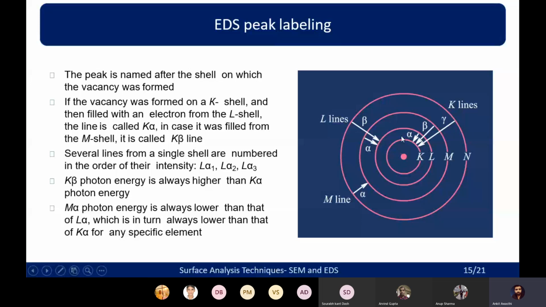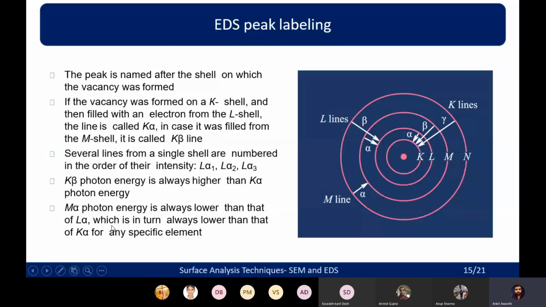So here you can see the K beta. What is that K beta? The electron is filled from the M shell, and the photon energy is always higher than the K alpha. That was obvious because it is at a higher energy level. So if the electron comes from there to the K shell, we have a photon of higher energy. But if it is filled by the L shell, then we have a photon of lower energy. So this K beta photon is always higher in energy than the K alpha photon,